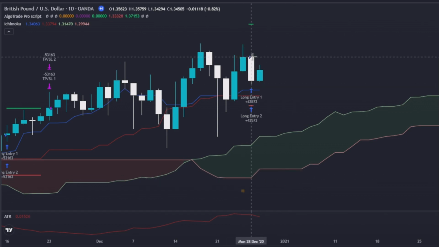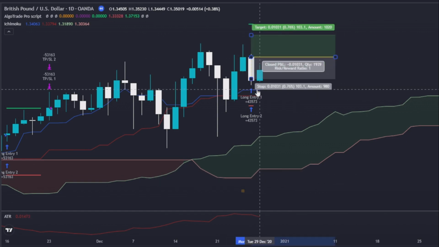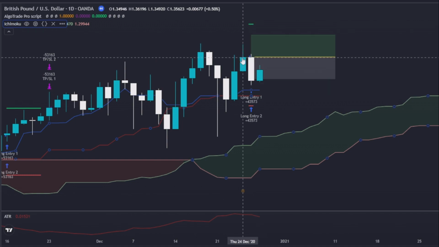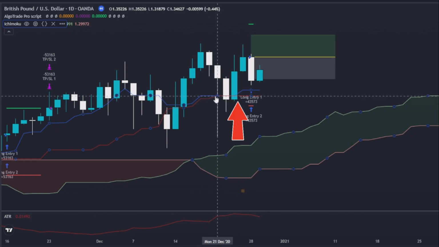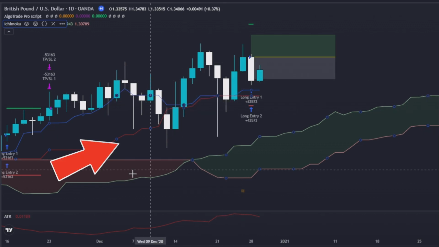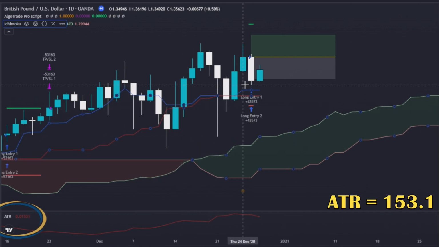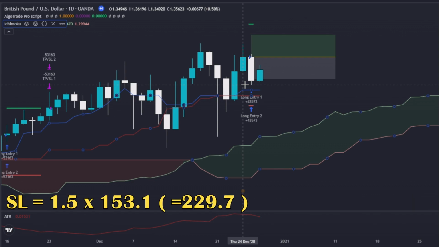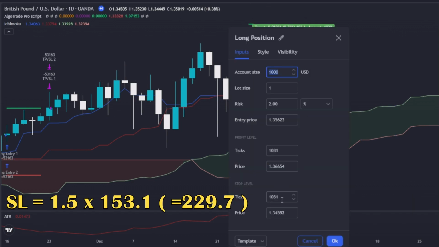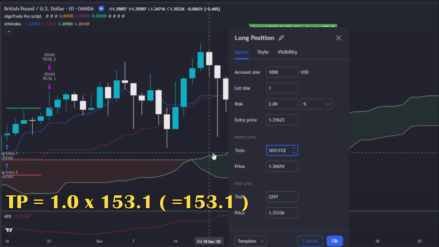Here we have an example of a long signal. The algo considered the entry point after the closure of the signal candle given by the Ichimoku Cloud. The conversion line crossed above the baseline and the price is above the cloud. The stop loss value is 1.5 times the ATR pip value, in this case 1.5 times 153.1, which is 229.7 pips. And for the take profit, the value is 1 times the ATR pip value, so in